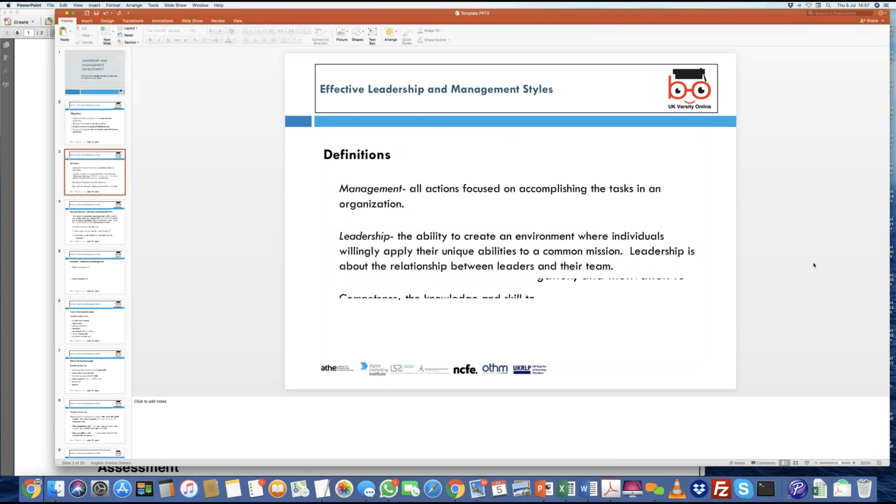Now, definition of management. There are loads of definitions, but specifically related to learning outcome 3, management would be nothing but all actions focused on accomplishing tasks. The key difference between a manager and a leader is that managers are always focused on tasks, and leaders are always focused on the long-term vision or the long-term direction of the company. So leadership would be the ability to create an environment wherein people are able to follow you and they are able to achieve or relate to that sense of common vision or purpose